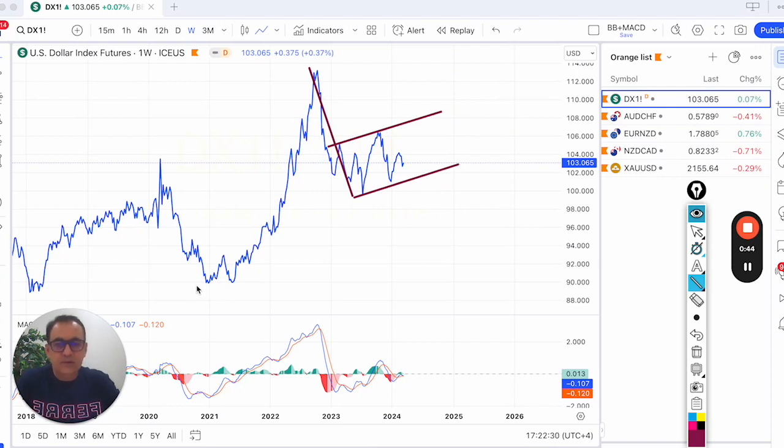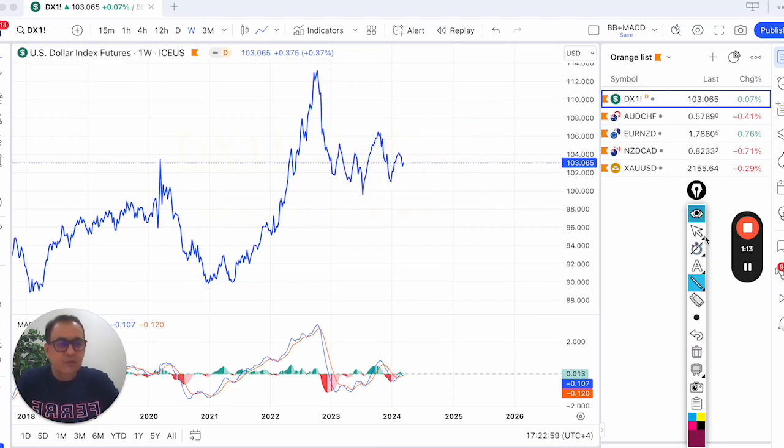So after this massive up move, dollar index has entered into the corrective phase. So first phase of correction is over, and right now we are into this flag formation, bearish flag formation. And you can expect price to remain range bound for a while,